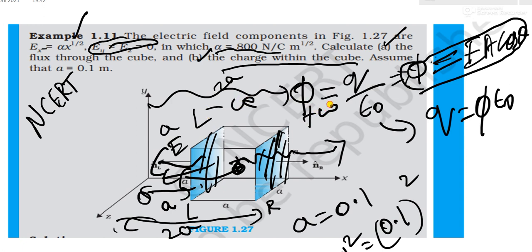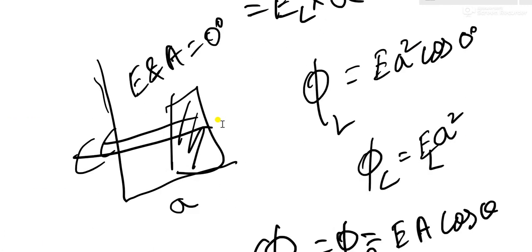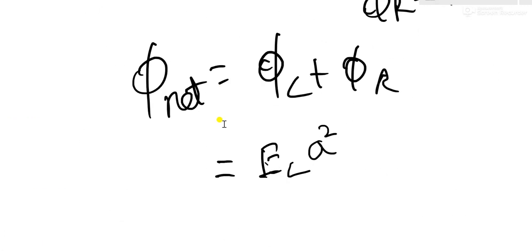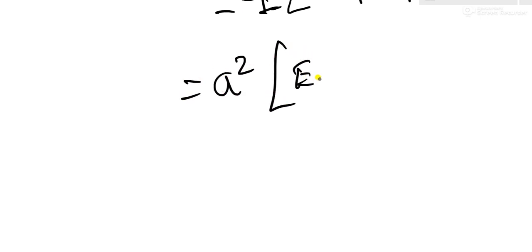Left side is going to be negative. Right side we are going to take as positive, because from this left side is this, right side is this side, and left side is the opposite side. So left side you can take as negative. Okay, negative electric field at left side times a square. Right side I have taken electric field at right side times a square. For both cases, a square will be common outside. So inside I'll get electric field at right side minus electric field at left side.